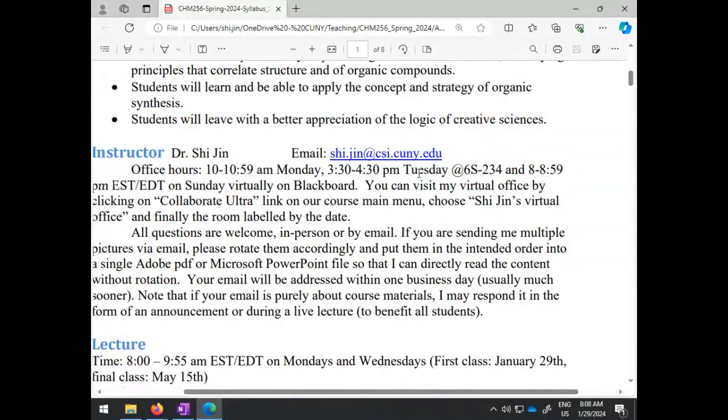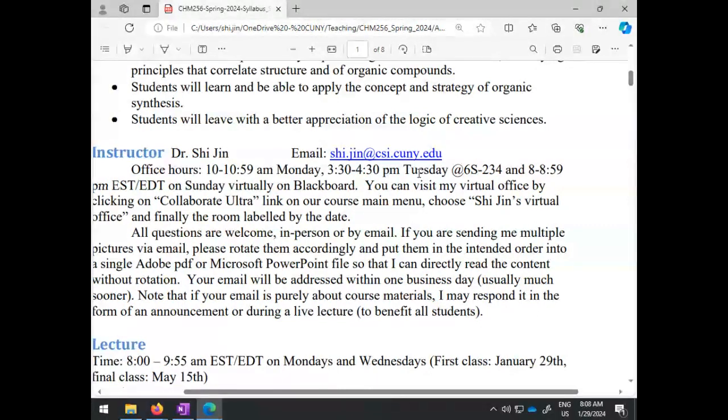Synthesis, the reaction mechanism: these are the three biggest parts of organic chemistry. Nomenclature may be occasionally tested, but it is never the most important part of organic chemistry. So the mechanism is the key. And for the mechanism, we won't really introduce much new about the mechanistic aspect.